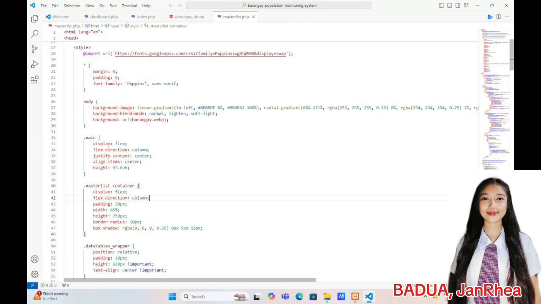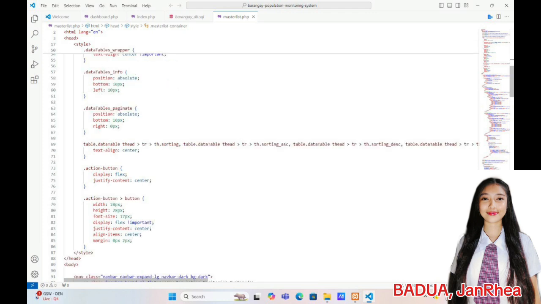Lastly, our master list page. Let me break down how we've organized the content and the CSS used to create a clean and functional design. Notice the clear layout and easy navigation. The page's main content is contained within the master list container. This helps organize the layout and ensures consistent styling across the page. The container uses Flexbox for responsive design, adapting to different screen sizes.